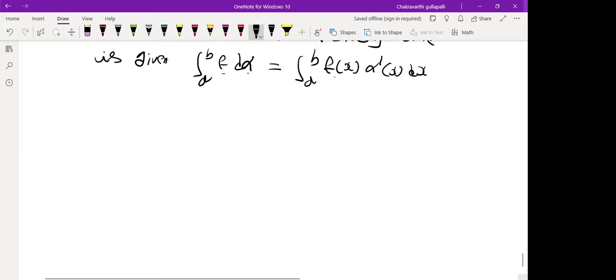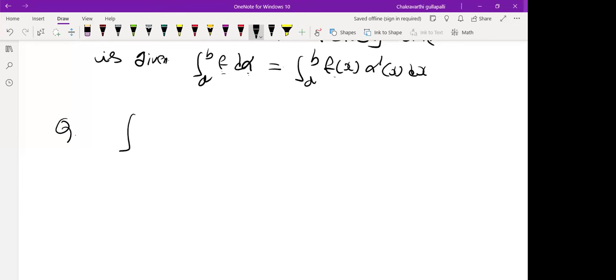So whenever you get ∫f dα, it is ∫f(x)α'(x)dx. How do you know it is differentiable? α' is integrable, so ∫f(x)α'(x)dx. Whenever you get any other function, use this. For example,